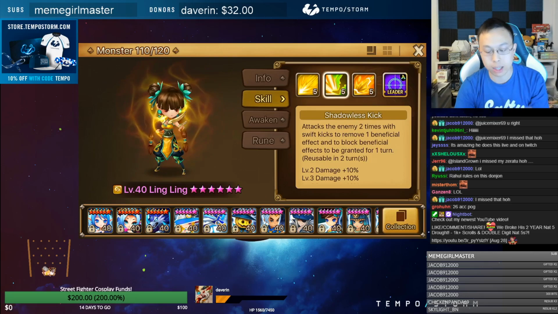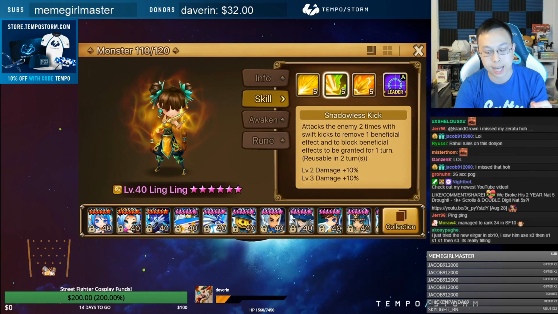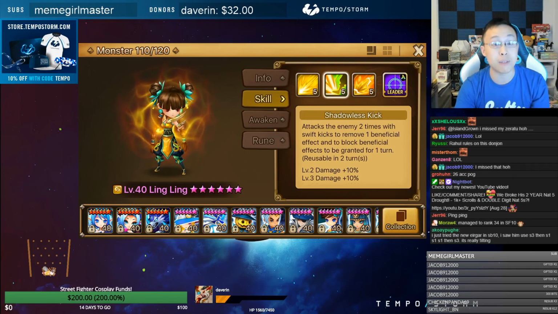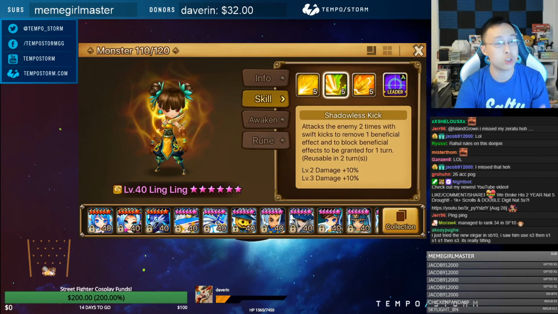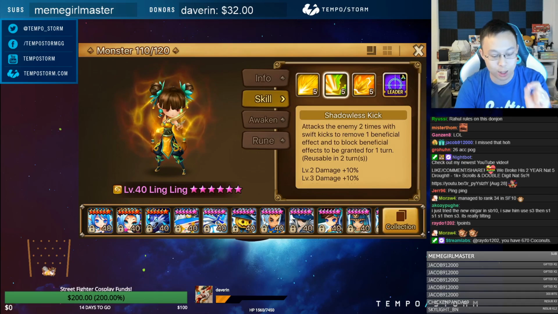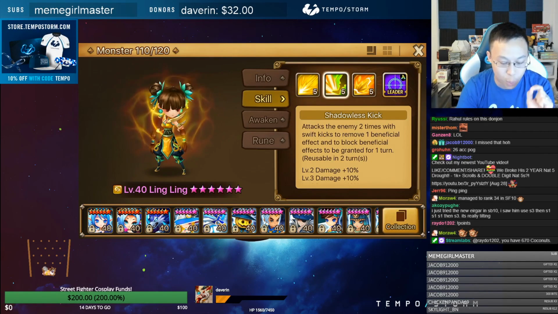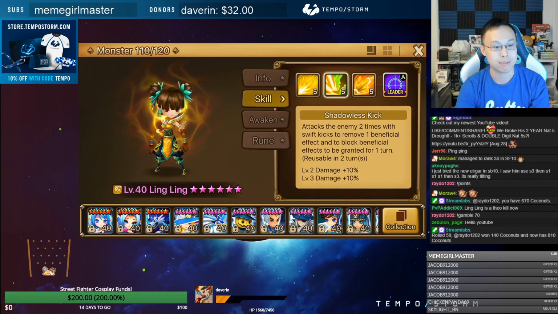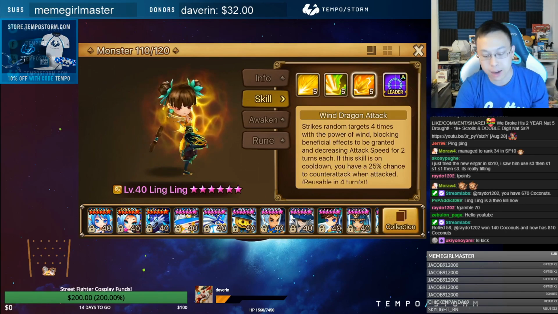So Shadowless Kick here, if she activates it or if she just decides to use the skill itself, attacks the enemy 2 times to remove beneficial effects, which is great. If you land block beneficial, she can decrease or remove the defense buff as well as the shield all in one hit. And then last but not least, there's the change right there: it adds as well as blocks beneficial effects for 1 turn. That's big, right? So now you're able to S1 into S2, or even just S2, to strip and put block beneficial. And on top of that, her S3